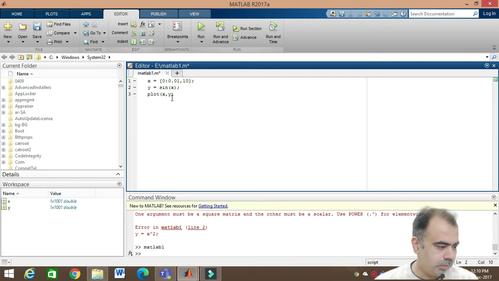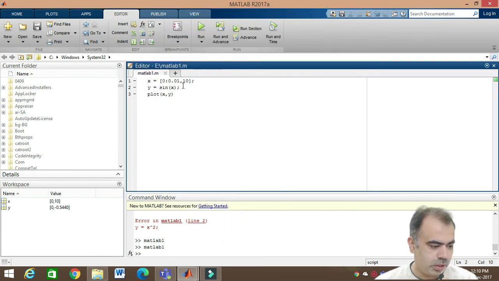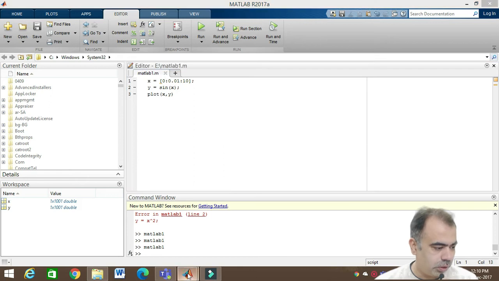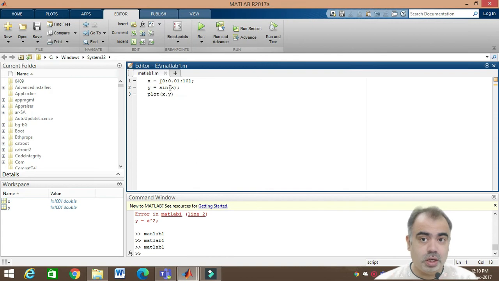This time I am plotting sin x, taking the range from 0 to 10, and 0.01 is the interval. Once I plot it, the sin x graph is there. Because the range is not selected carefully, this kind of graph is coming. Let us plot it with 0.01, ranging from 0 to 10. Now we see this is the graph of sin x. So the range of the numbers that you give is very important. You have to be very careful while choosing the range.